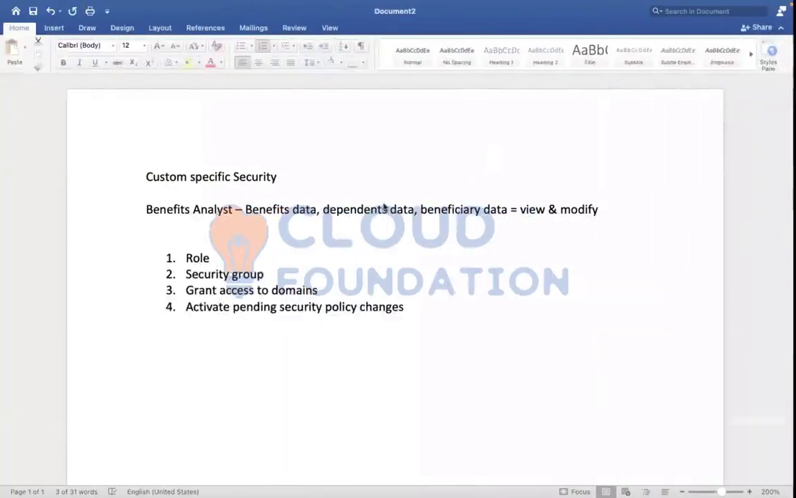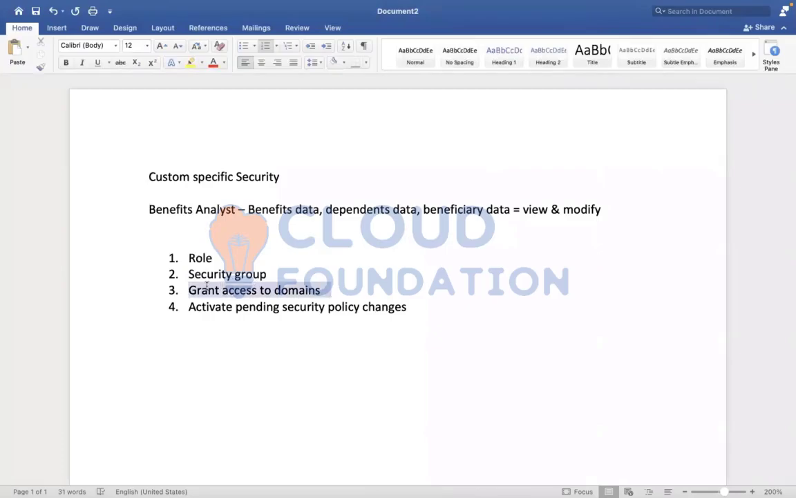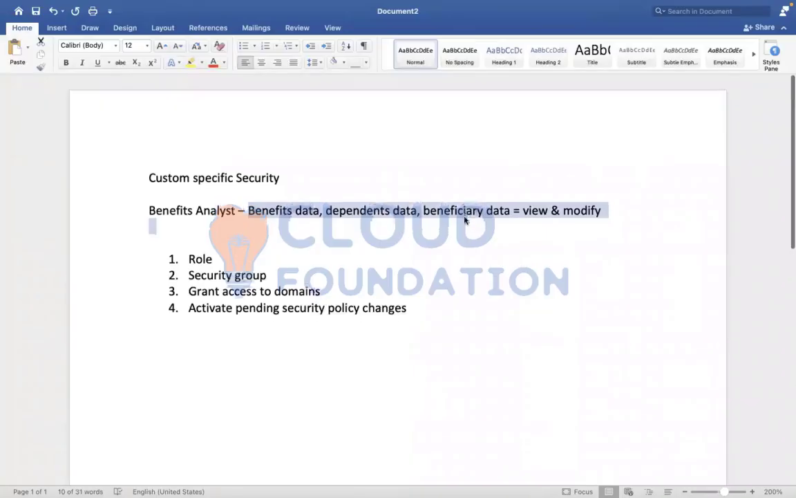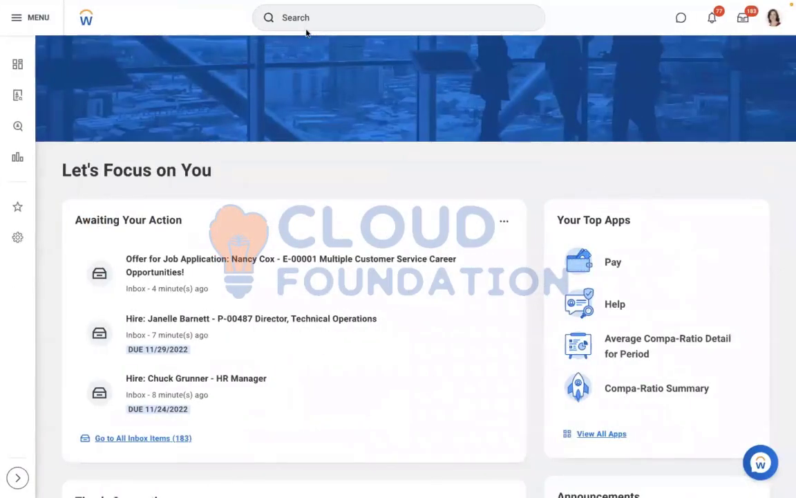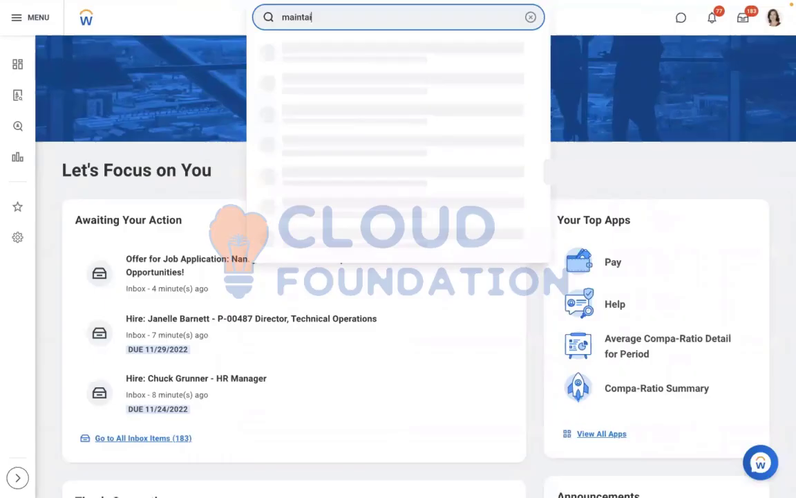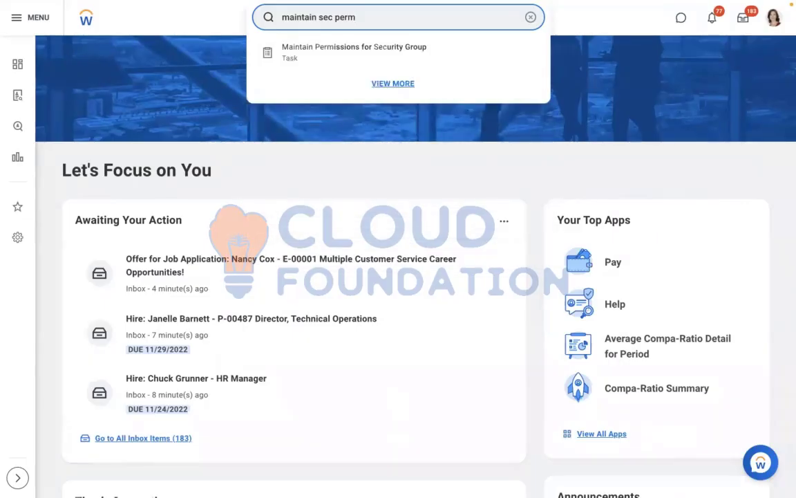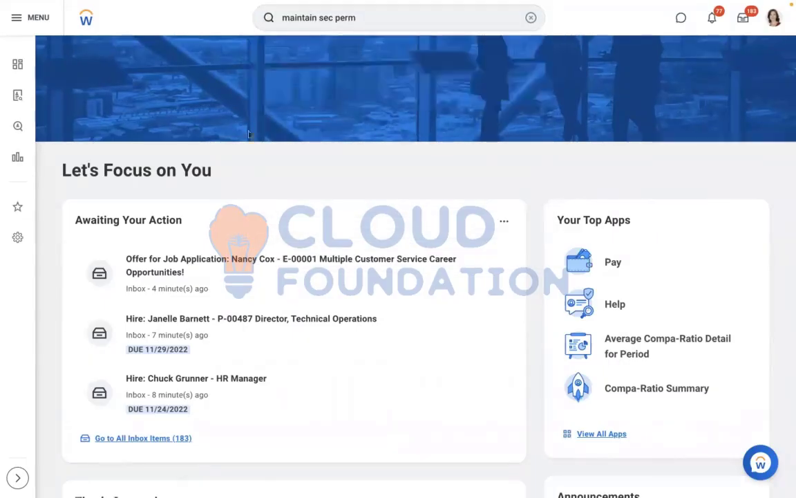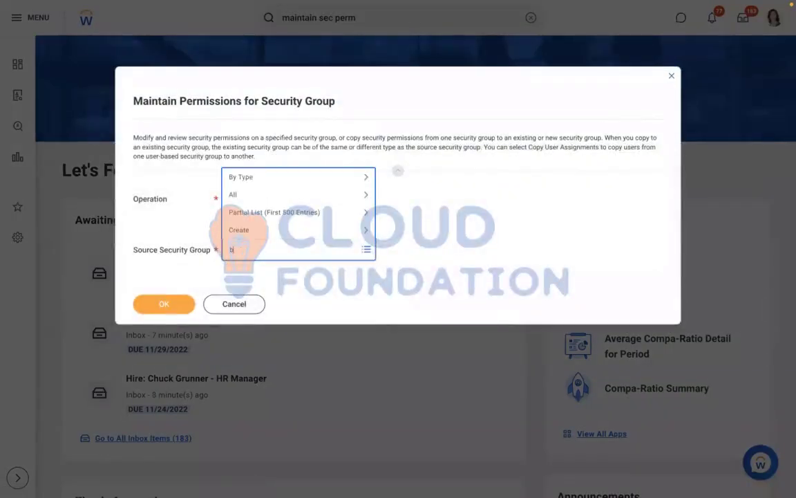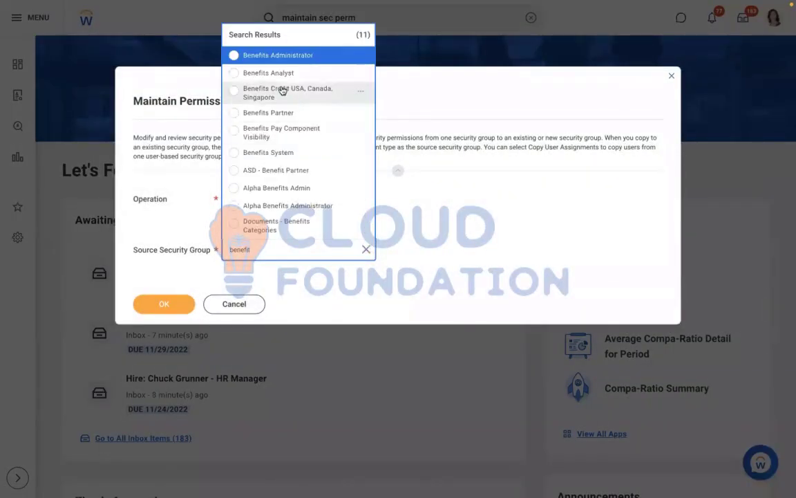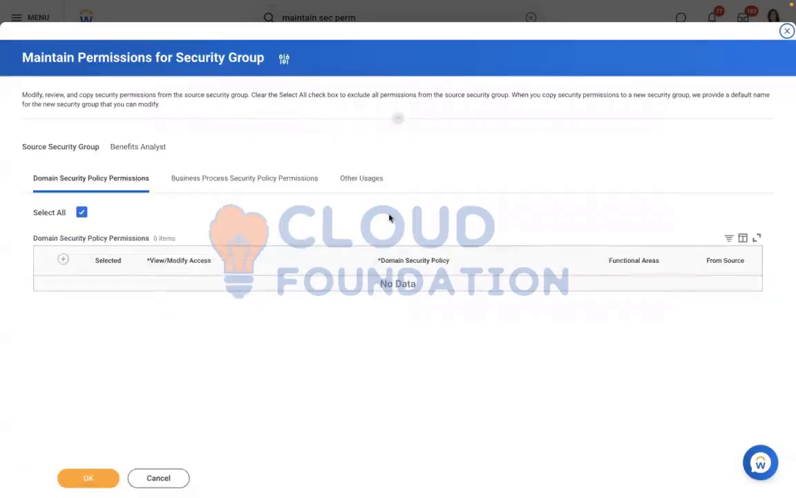Done. What next? The next is grant access to domains. So what data are we allowing them to view? Benefits data, dependent data, beneficiary. There are two options to grant access. Option one, the easiest method, is maintain security permissions. Here we will select benefit analyst, the security group we created. This is one option. Another option is